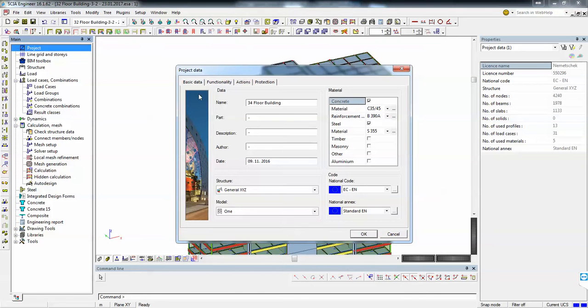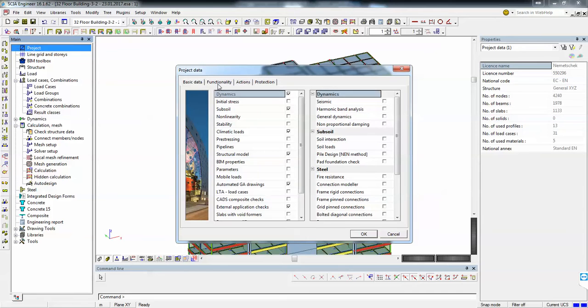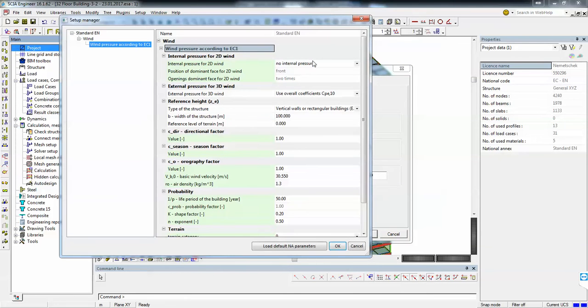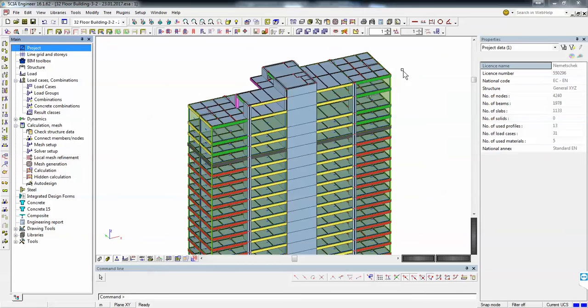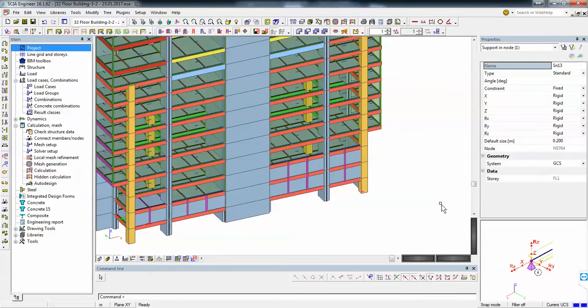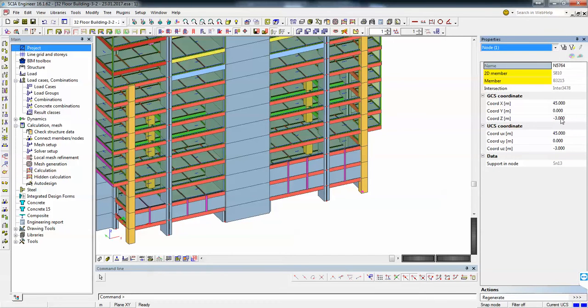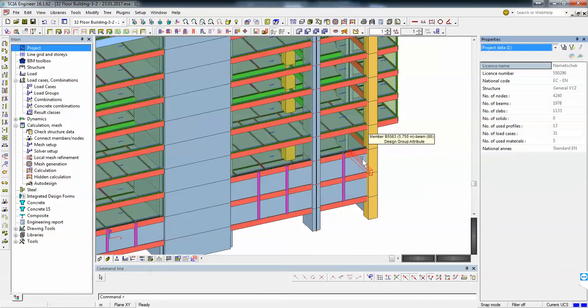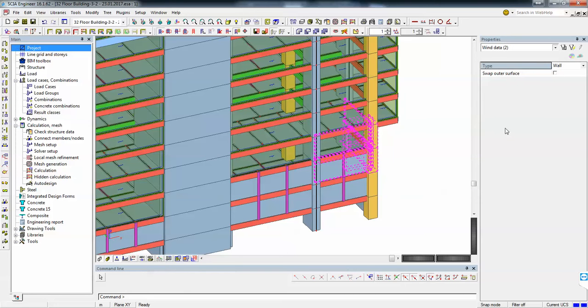We go to project and then select functionality, climatic loads, it's selected. Then we'll go to actions, wind load. We can establish here some basic settings, but first of all, I will need to check the coordinates of your building. So I'll go to this lower point and I'll see it's -3, and from here I think we have around 0, because the wind action should start from a certain elevation point.